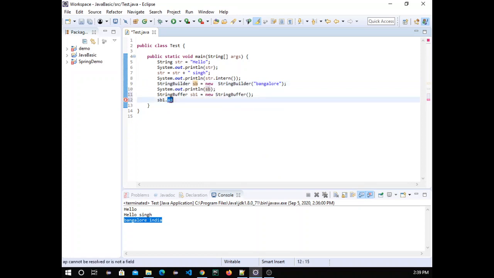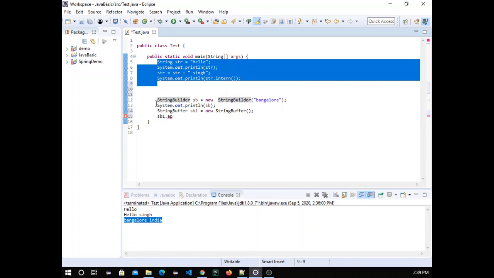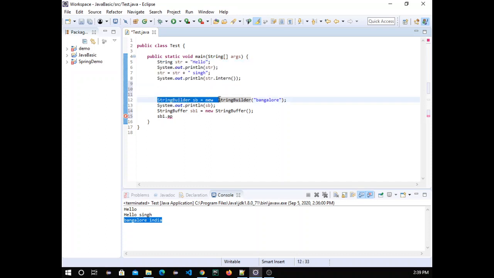But the major difference: to avoid the immutable property they created a string builder, but it is not thread safe, and in a real-time project there are a lot of scenarios where we want to access the same variable by multiple threads. To resolve this issue, they introduced a string buffer.